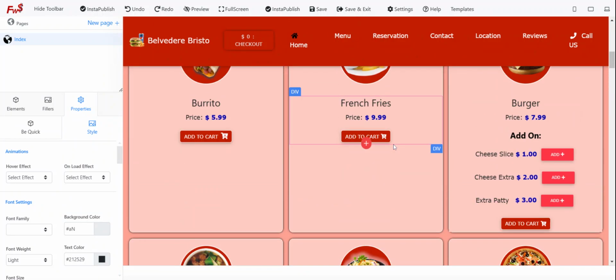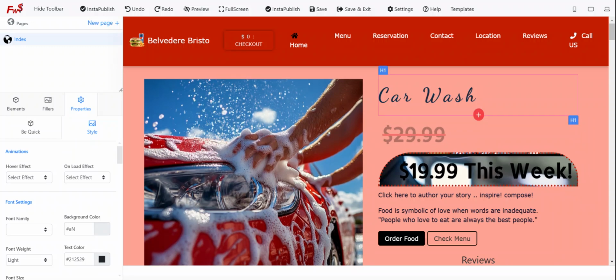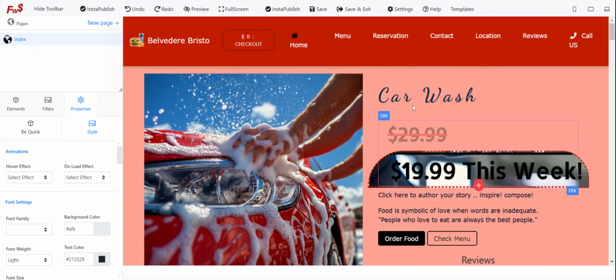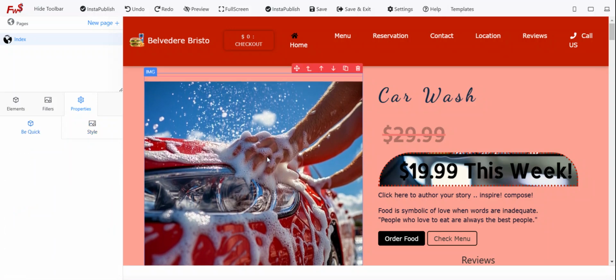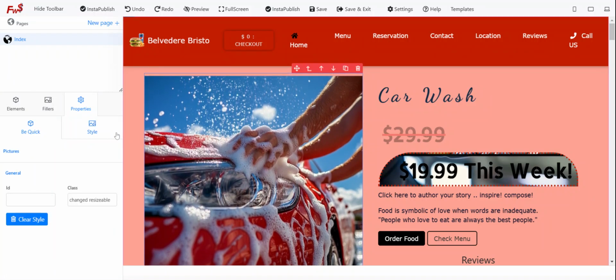Okay. Now, a lot that you have seen today in terms of applying the design and all that stuff, or effects, are also applicable for images. Okay. So now I've switched from this to the